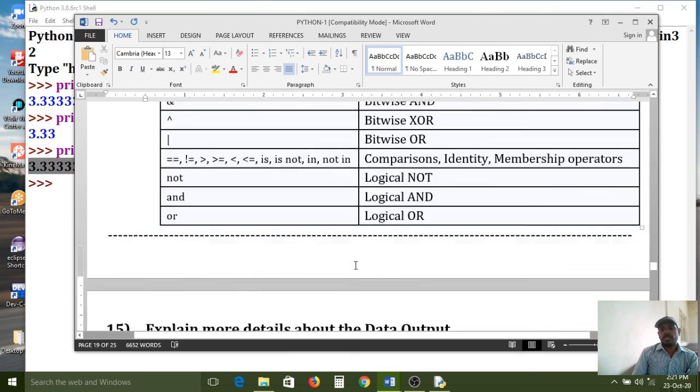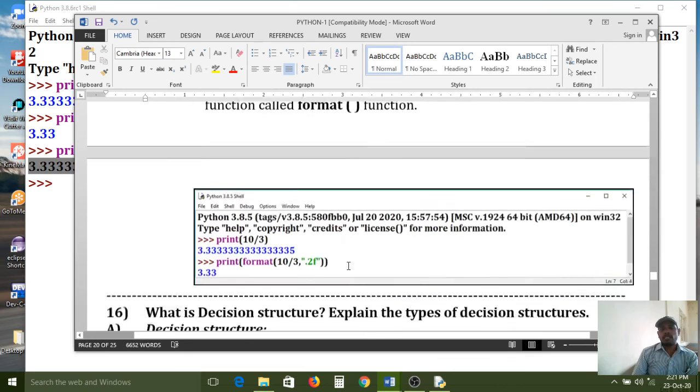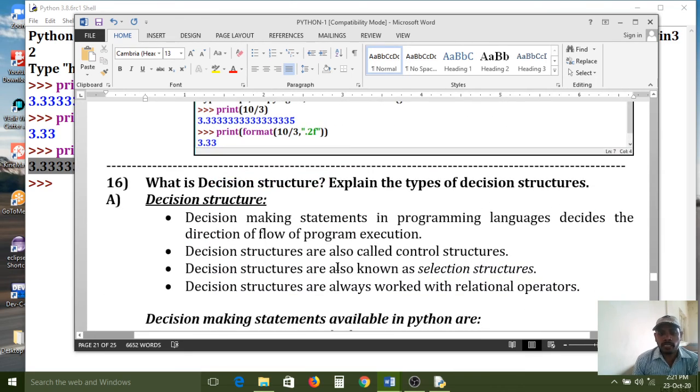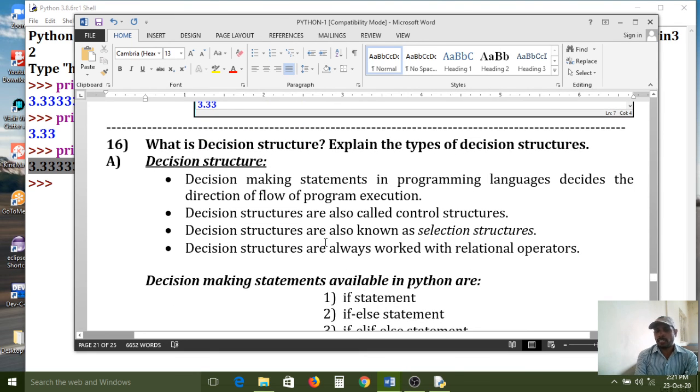Tomorrow, in the next session, we will discuss the decision structure. Decision structure is nothing but control statements. Decision structures are also called control statements. You have already learnt them in the C programming language: if condition, if else condition, all those things.